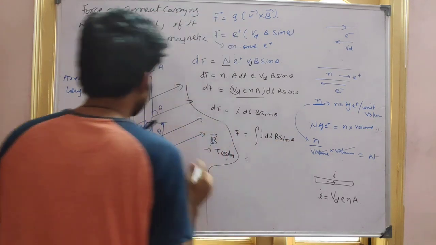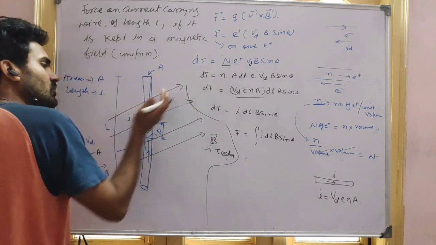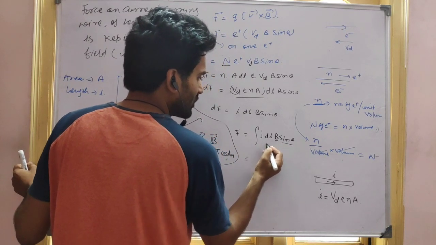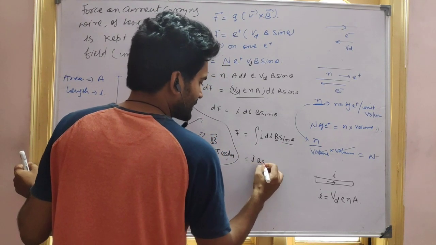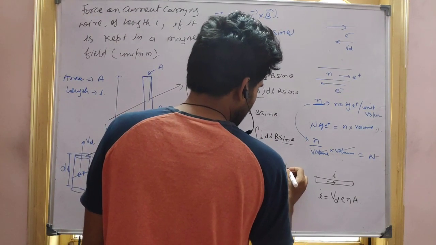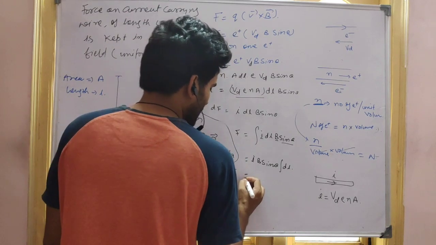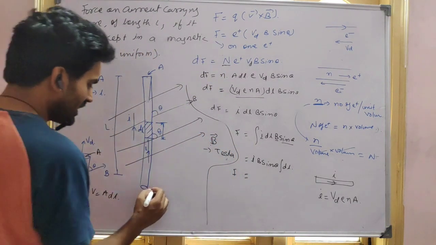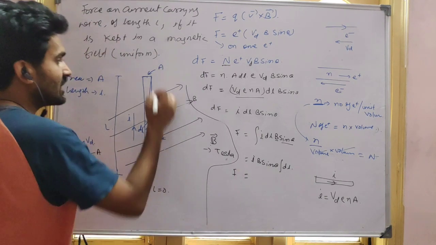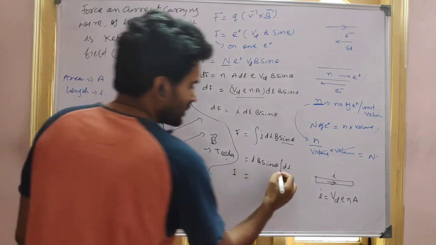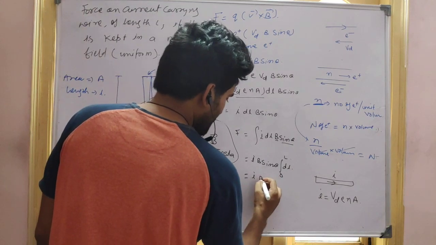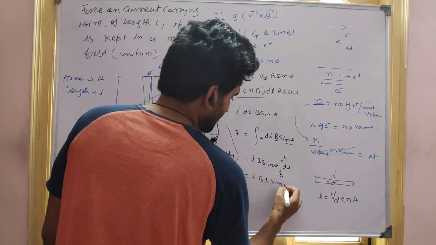If you see carefully, this theta is constant here because B is making the angle theta here with the current I. So let's say this is constant, this is also constant. So I B sin theta will come out and it will be dl. What is the integration of dl, guys? The integration of dl is L, and the limits are here. The length of the wire here is L equal to 0, and the length of the wire here is L equal to capital L. So limits are from 0 to L. If you integrate it, you will get L. So it will be I B L sin theta.